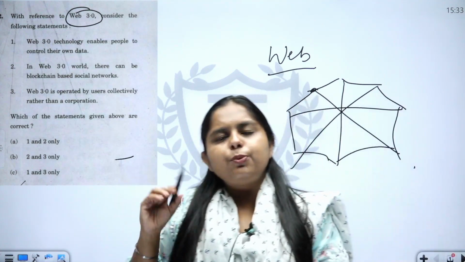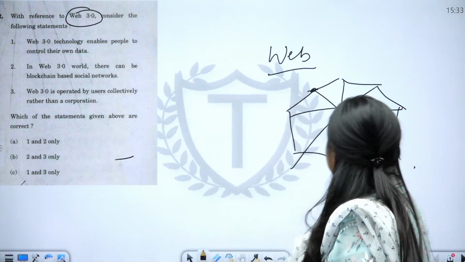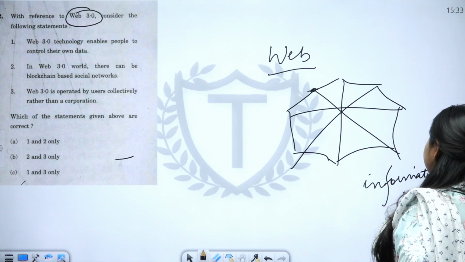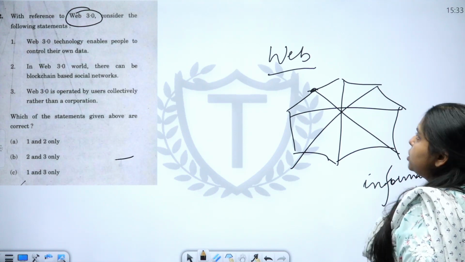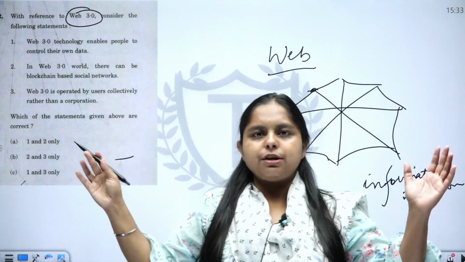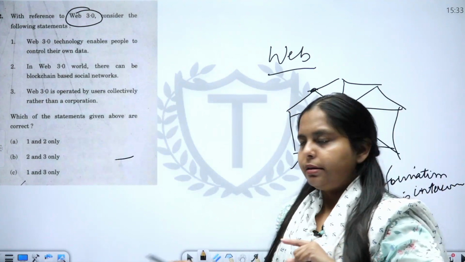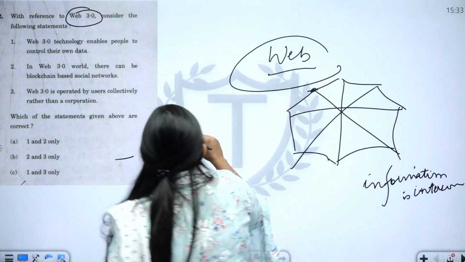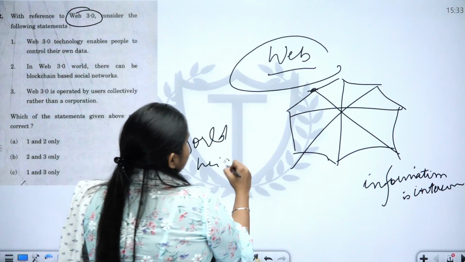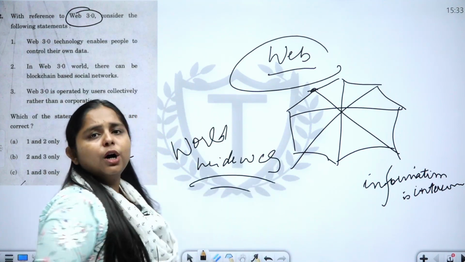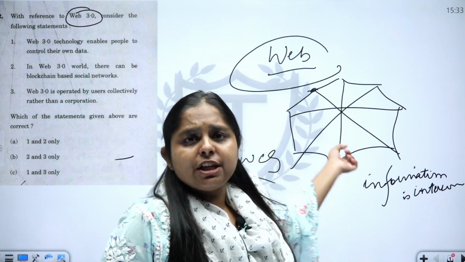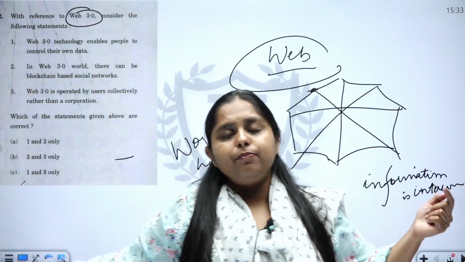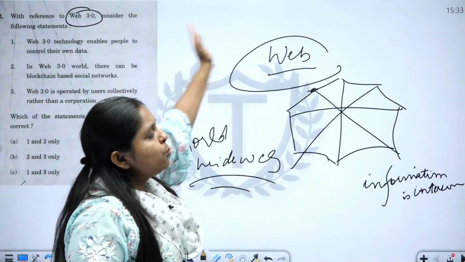So what is the web that we are using? It is the web in which information is connected, interconnected. So basically all the information, when it is interconnected, then it is web. Now what do we have in web? We have World Wide Web. So what is the meaning of World Wide Web? The information web is actually interlinking the nodes throughout the world. So this is what is World Wide Web.